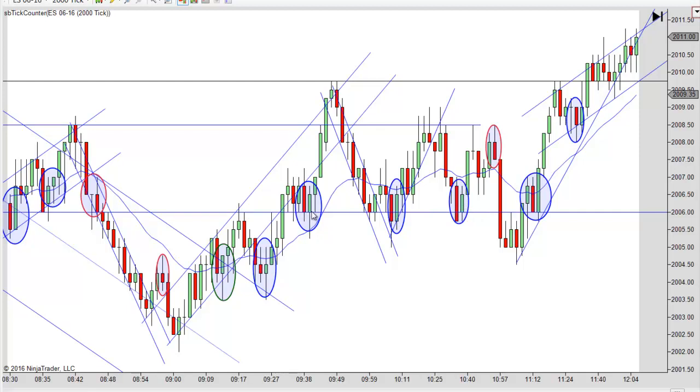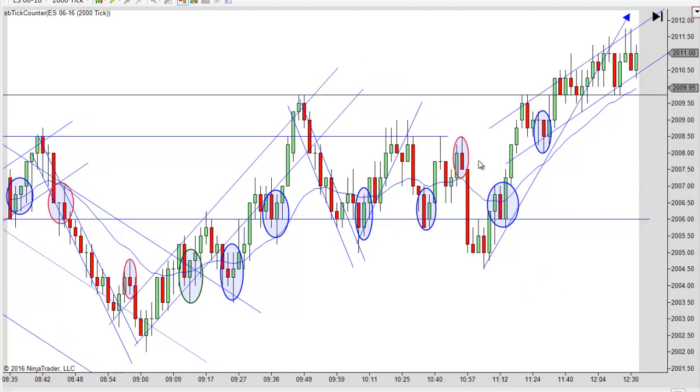Now that's about the 1, 2, 3, 4, about the 5th test of it. I really thought we'd take one off then, but guess what? It comes down right off there. Now you got a second entry short. Notice that new low, pull back first entry, pull back second entry. And where is it coming off? Right off that resistance up there.